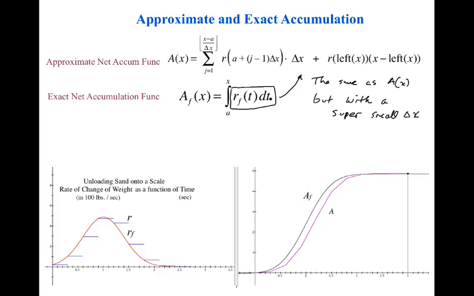That's our constant rate of change, right? But now the delta x's are so small that it's like we're taking every single rate, like it's the function, right? So we're continuously taking every single rate. And then times our very, very small change in x. So it's still the sum of